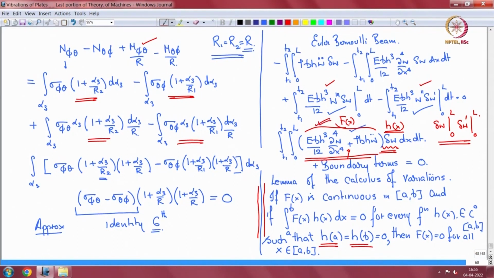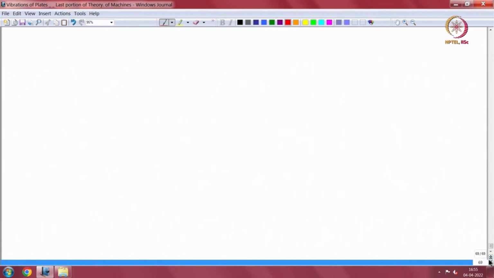So the lemma says that this coefficient term has to be 0. In a very simple manner to prove that is, suppose it is not 0, I am just giving a very quick version. Suppose it is not 0,